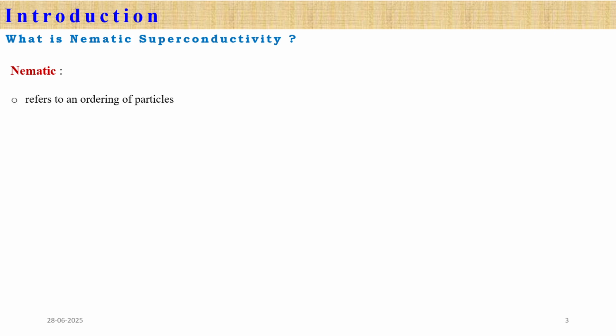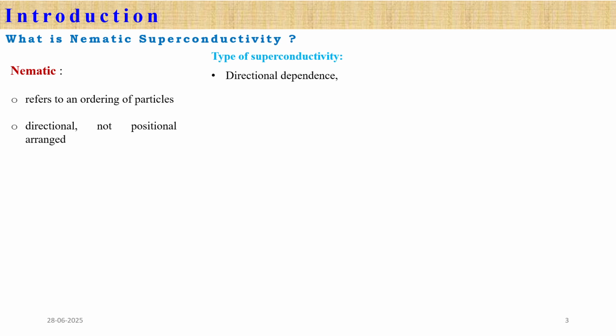So in the introduction, let's start with the very basic. First, what is nematic superconductivity? Let's introduce the word nematic. Nematic basically refers to an ordering of the particles. So it is directional dependent, not an arrangement of the positions. It is a type of superconductivity that is directional dependent, which means if we measure in different directions, the superconductivity results are